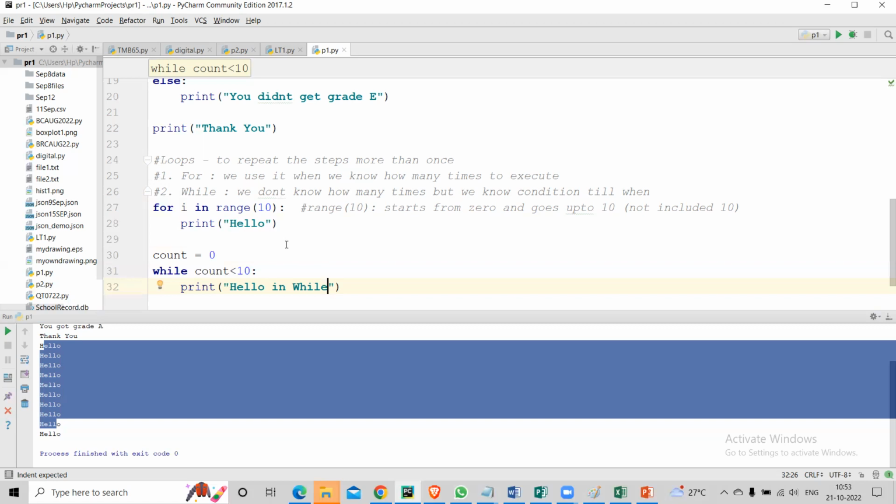Correct? So how do you know it is going up to 10? While count,